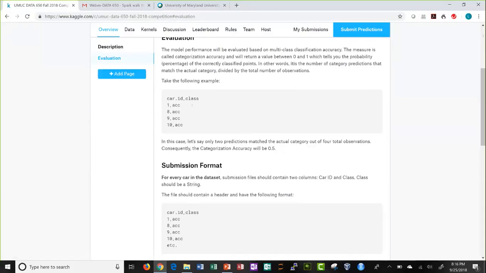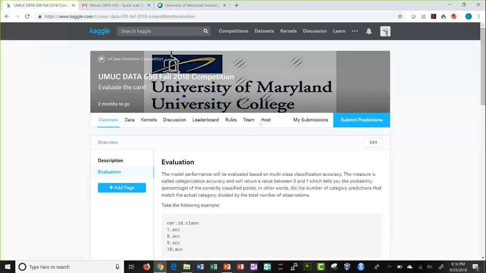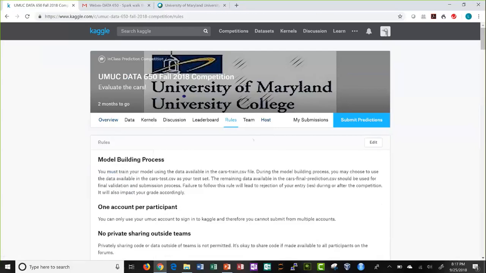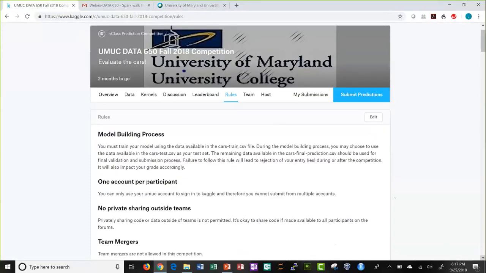Okay. Now, once you log in and join this competition, first and foremost, it will ask you to accept the rules, right? There are some very important rules that you need to follow, in addition to some of the standard verbiage provided by Kaggle. First and foremost, the model building process: you must train your model using the data sets available in the cars train.